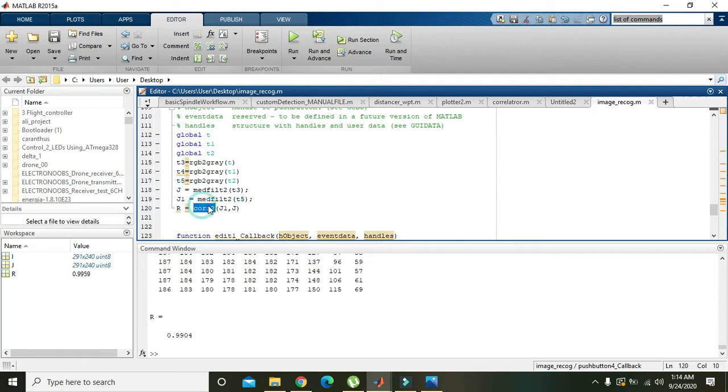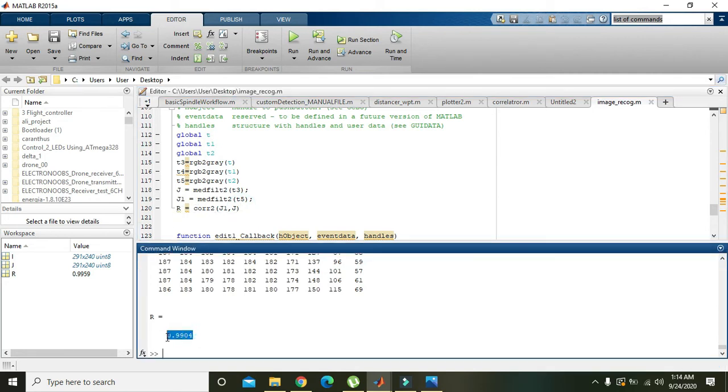Then we will take the correlation of J1 and J, because after filtering the images are stored inside J and J1. The correlation will be shown here, that is 0.9904.